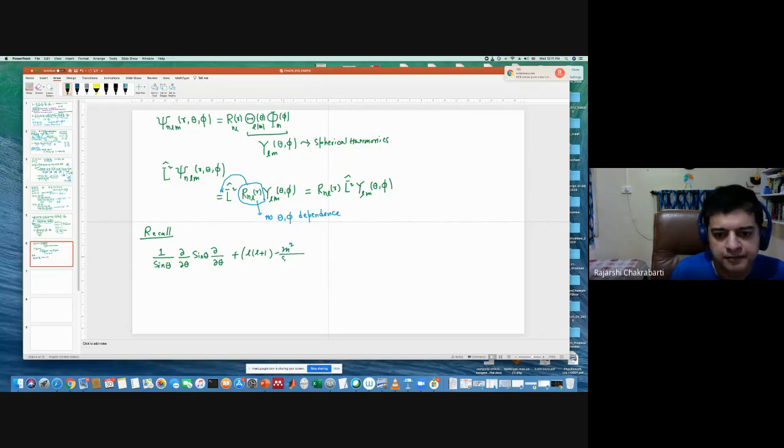Remember this? At least you should remember that the m square was there. Remember? The whole thing operating on the theta part gives you 0. Also, you had another equation like